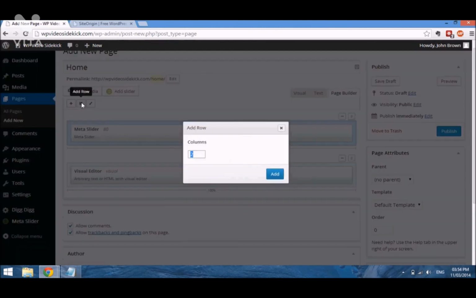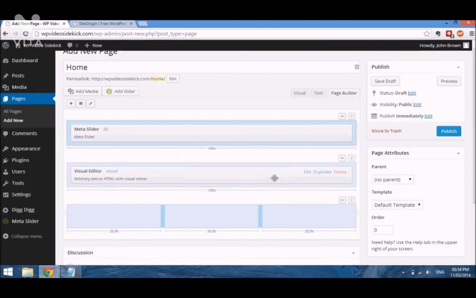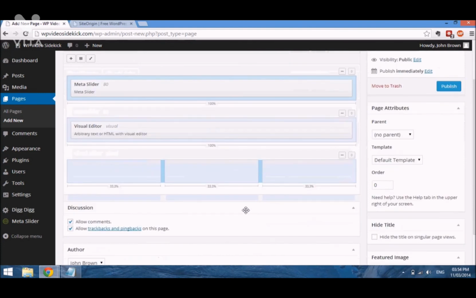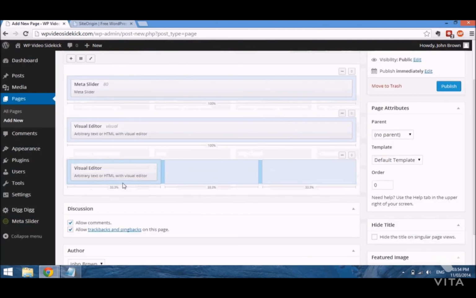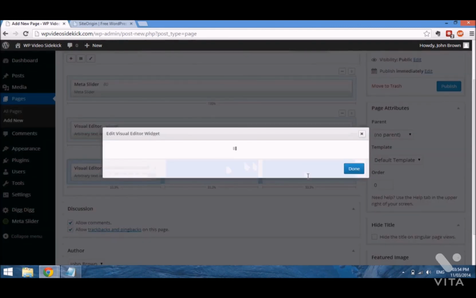I need a row. And then this is where I'm going to put my 3 columns. Add it there. And just to ensure that you add the widget to the right row, you need to put your cursor over the area, and when it turns blue or light blue like this, then you know you're in the right area. And then we're going to add the widget,